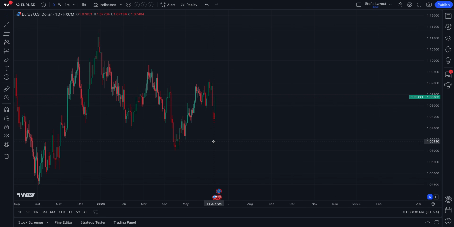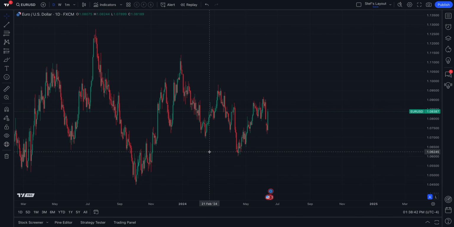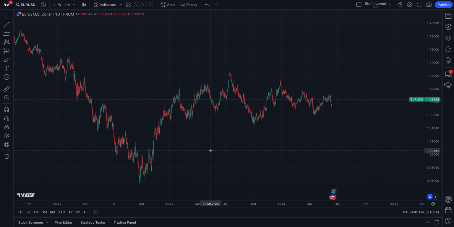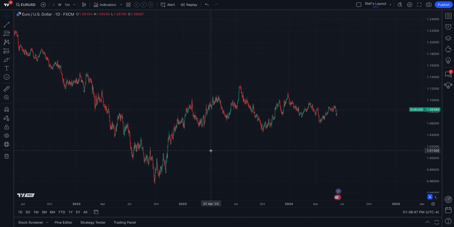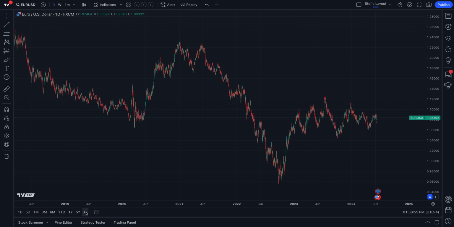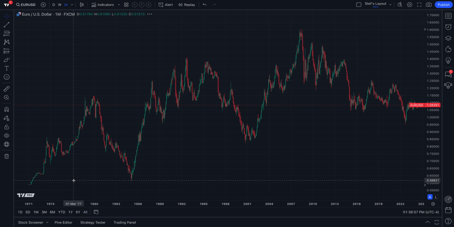Traders want more data so that they can perform more rigorous analysis and research and get prepared for the price action that's coming in the future. Now, as you can see here, we're looking at a daily chart of the euro US dollar, and we have all of this price information in front of us. If we wished, we could click the All button, and now we will go all the way back to 1971